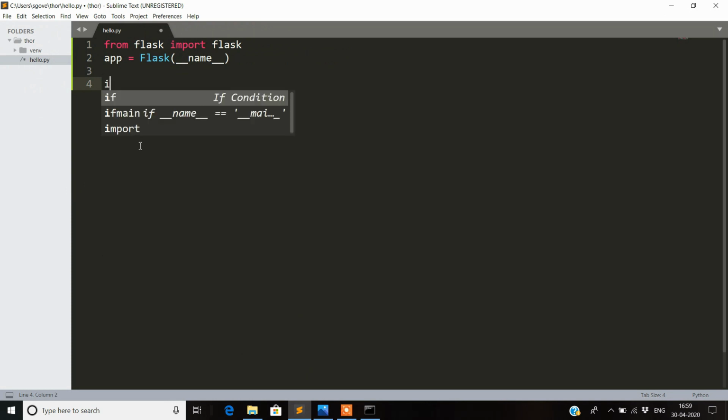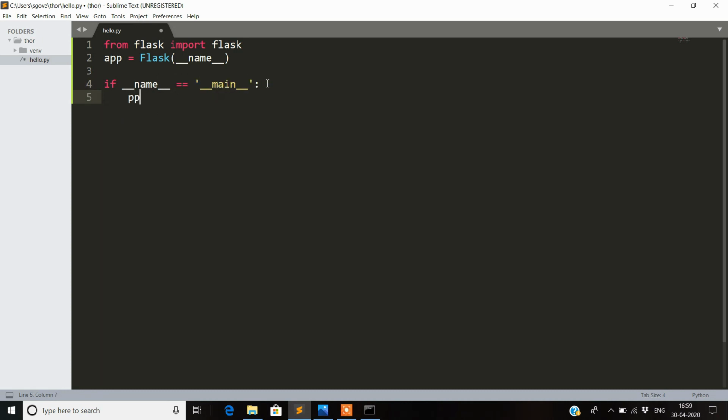So for that we have a special method here, that is if __name__ is equal to __main__, so we have to run the app. For that we will write app.run, and inside that we will give debug mode as on, so we will simply write debug=True. If this line is written in your Flask application, your program will start running from these two lines of code, and first it will initialize and start the development server and run the application. So we have now instantiated Flask here.